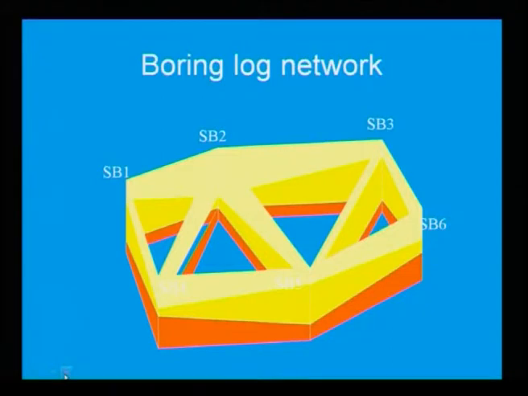Generally, if this kind of multi-story building has been planned, how many borings are to be done and where has to be decided first. In this case, this is borehole 1, borehole 2, borehole 3, borehole 4, borehole 5, borehole 6. If you look here, at every corner of this proposed structure, a boring has been proposed.